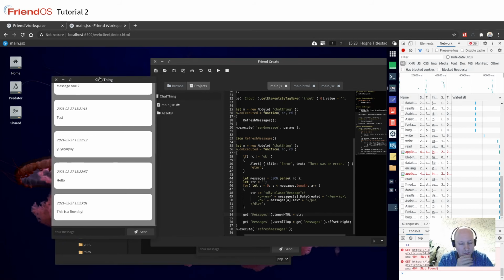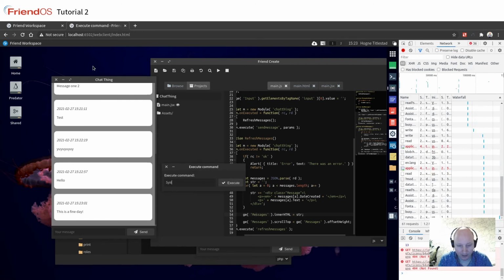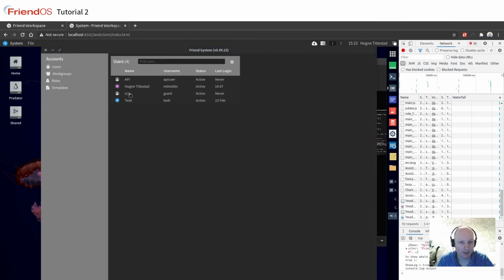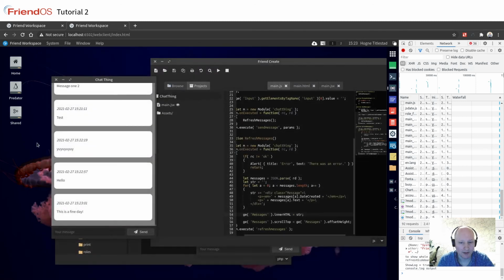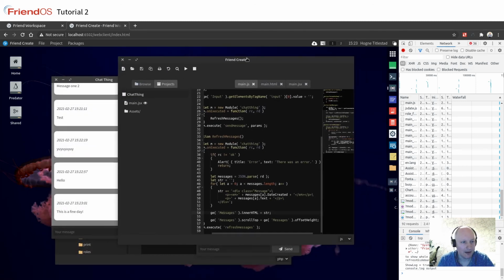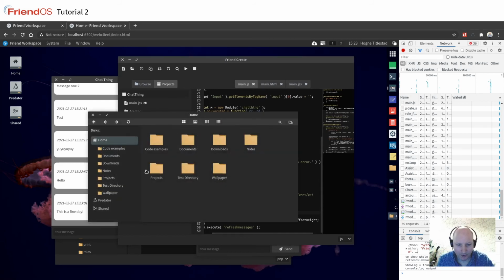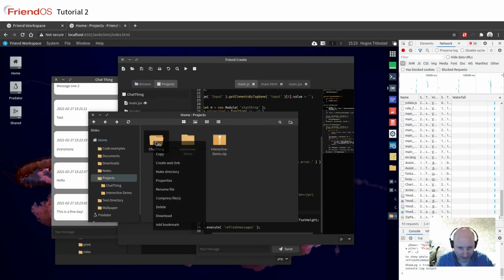What we could do is create a new user with our system app. Let me see if we have one already. So in the system app we have testy. So let's use the testy user in here. Now I have my home drive. I go into my home drive, I have my projects, I have my chat thing, so I'm going to pack that,